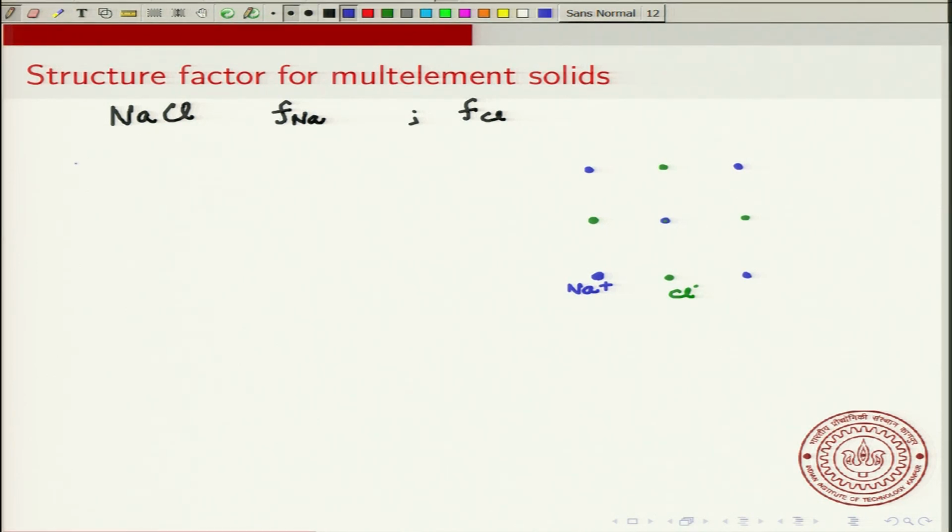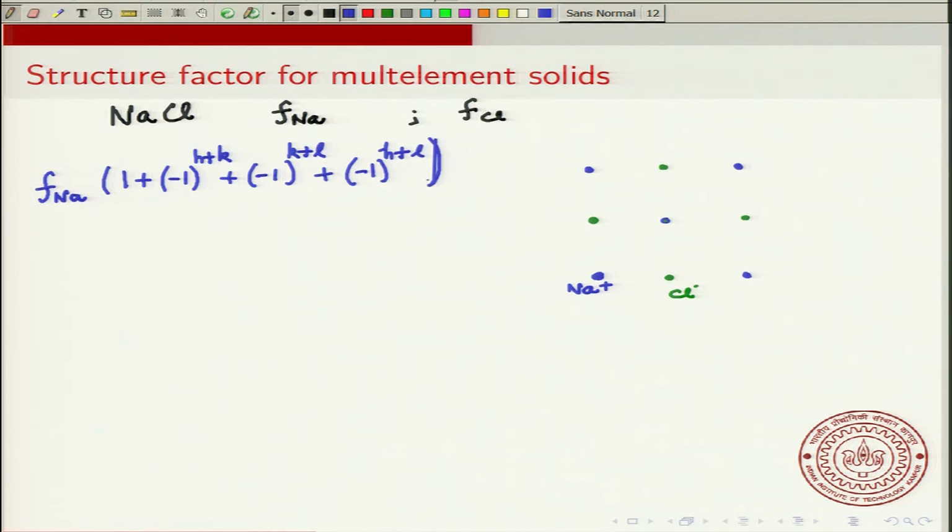I won't discuss this in detail, but you can see that you have f Na, and now you have 8 atoms per unit cell. f Na into 1 plus, again it will be just like what you had in the FCC, or let me write it since we know this answer, minus 1 raised to h plus k, plus minus 1 raised to k plus l, plus minus 1 raised to h plus l, plus